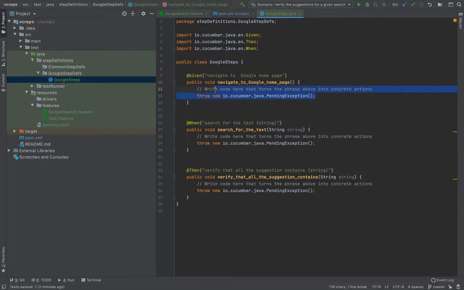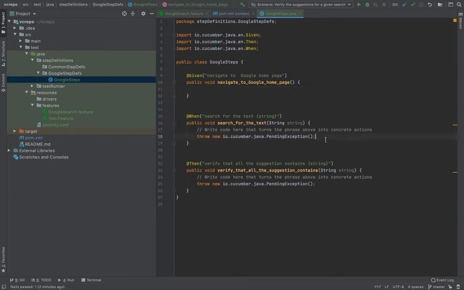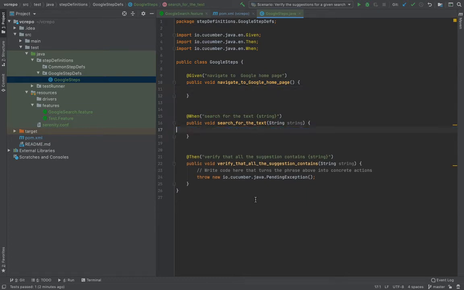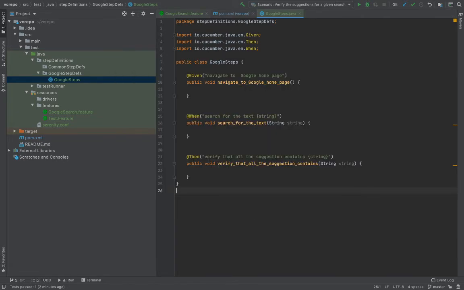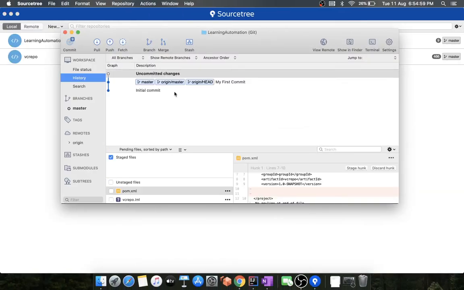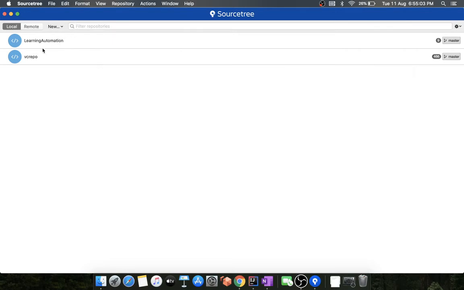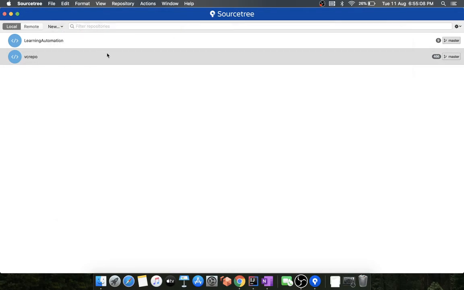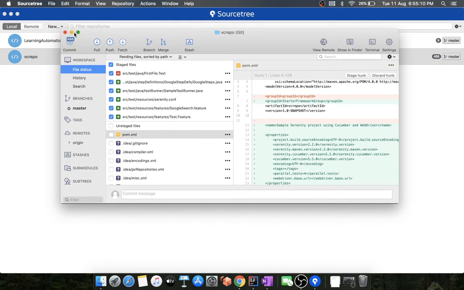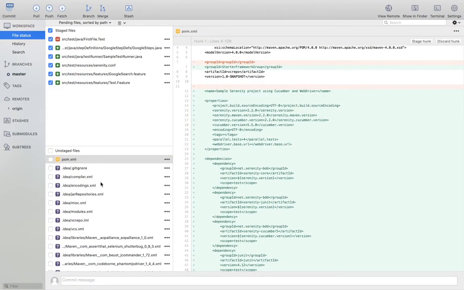So now what we have to do is define our steps. Now let's open Source Tree and check how the code is displayed here. We'll open this and you can see what different files I have added meanwhile.